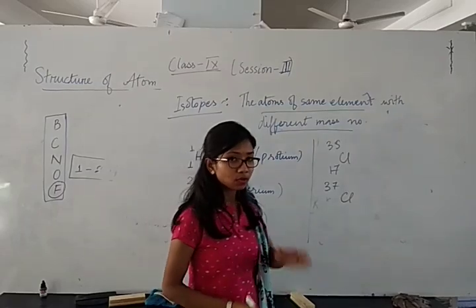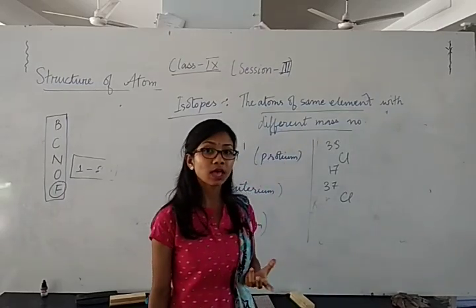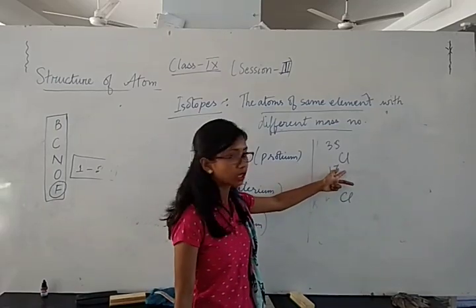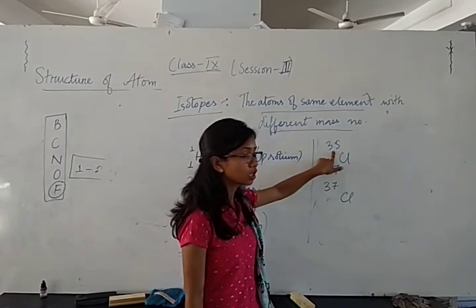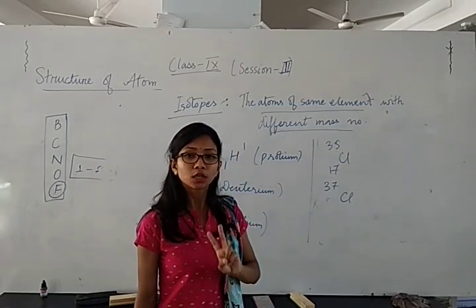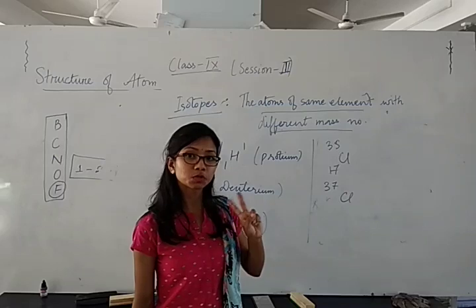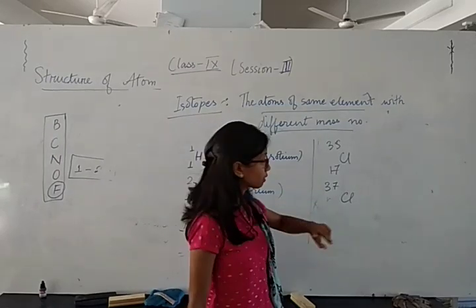In nature, one question will come, in your book also, where you have to calculate the average atomic mass of chlorine. Here the question is about atomic mass, and what I am writing here is the mass number. Mass number is always the sum of protons and neutrons. There is a slight difference between mass number and atomic mass. You will come to know in the question.